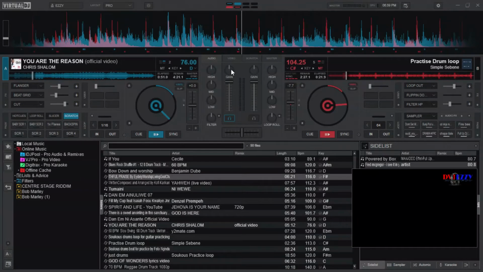Yeah, so there is the gain, and there is the volume fader. This is the maximum volume, which is at 100% or at 0%. So this fader can give you an effect to a song. You can do up down, up down, up down, trying to follow the tempo, to give you an effect like this.